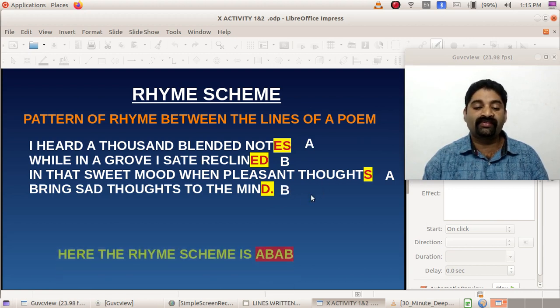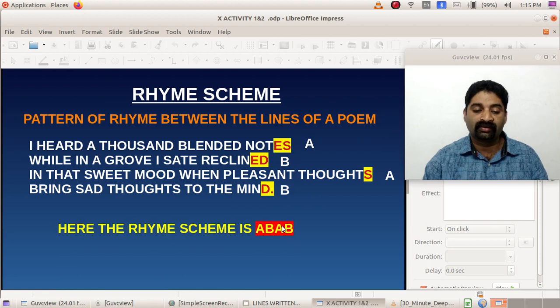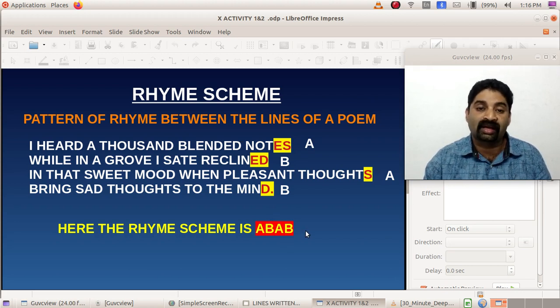So what will be the rhyming scheme of this line or this poem? It is A, B, A, B. So this is a rhyming scheme. The whole poem will be written in that scheme. That's the beauty of properly compiled poems. Okay, so A, B is a rhyme scheme that I've already given you. This is where you have to find out the rhyme scheme. Okay,